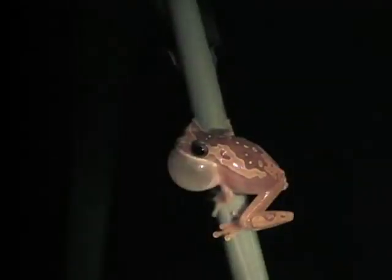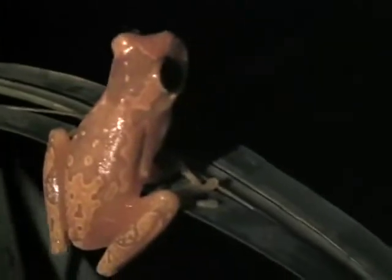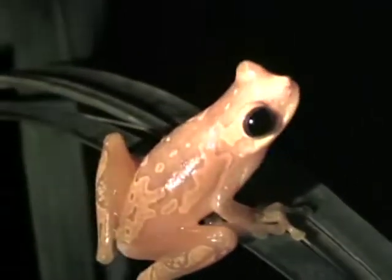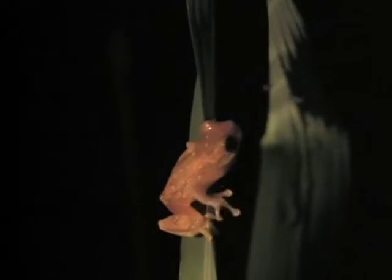Let's learn about the hourglass tree frog. The whole body actually is very wet. If they ever get exposed to the sunlight, then the body will basically dry out, and then they can easily die. So every time the daytime comes over, basically she goes under the plants, where she finds special places,